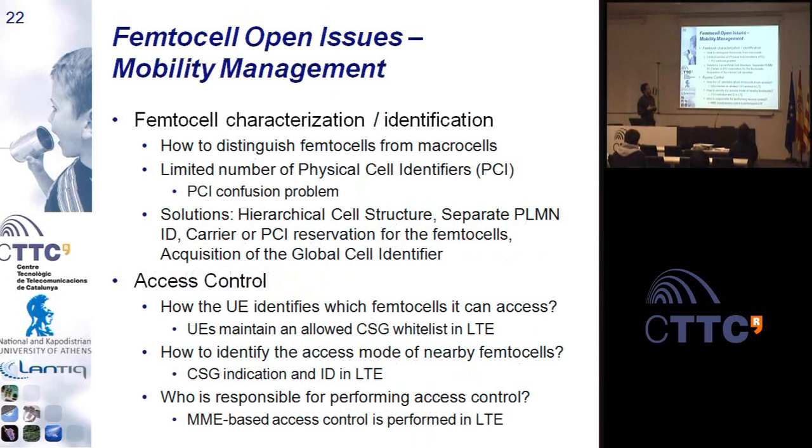At first, let us focus on the femtocell characterization identification procedure, which consists of how to distinguish femtocells from macrocells. This problem originates from the fact that we have a limited number of physical cell identifiers, and this is also known as the PCI confusion problem. Some solutions to the limited number of physical cell identifiers necessitate the reuse of the physical cell identifiers within the dense network layout. So some solutions to this problem are the hierarchical cell structure, to use a separate PLMN ID between the femto and the macrocell tiers, to reserve some carrier frequencies or physical cell identifiers for femtocells only, or to make the user equipment acquire the cell global identifier of its cell, which is unique on a worldwide scale,